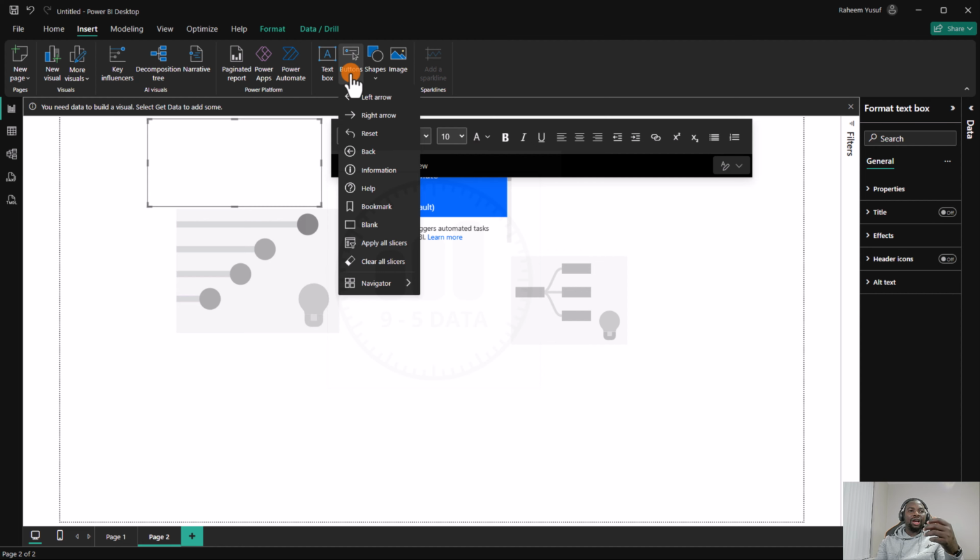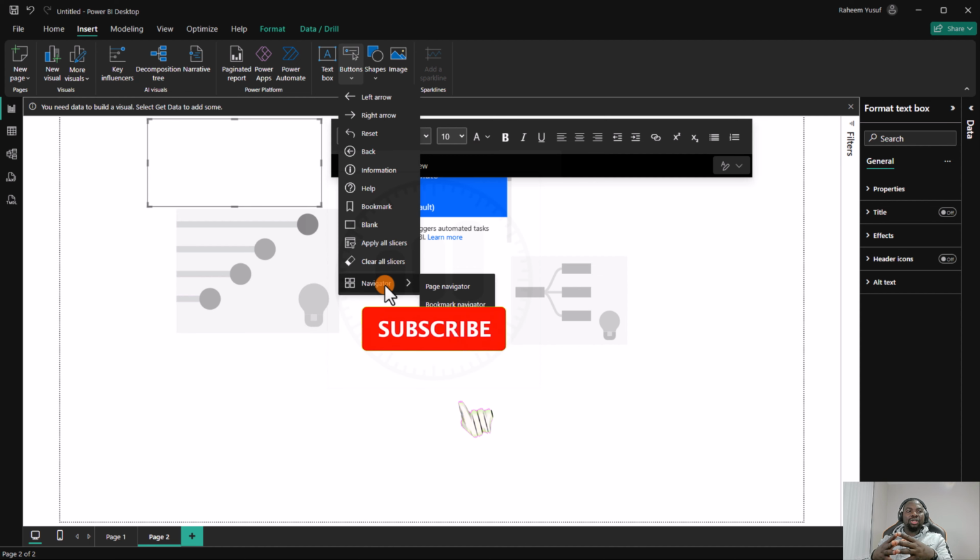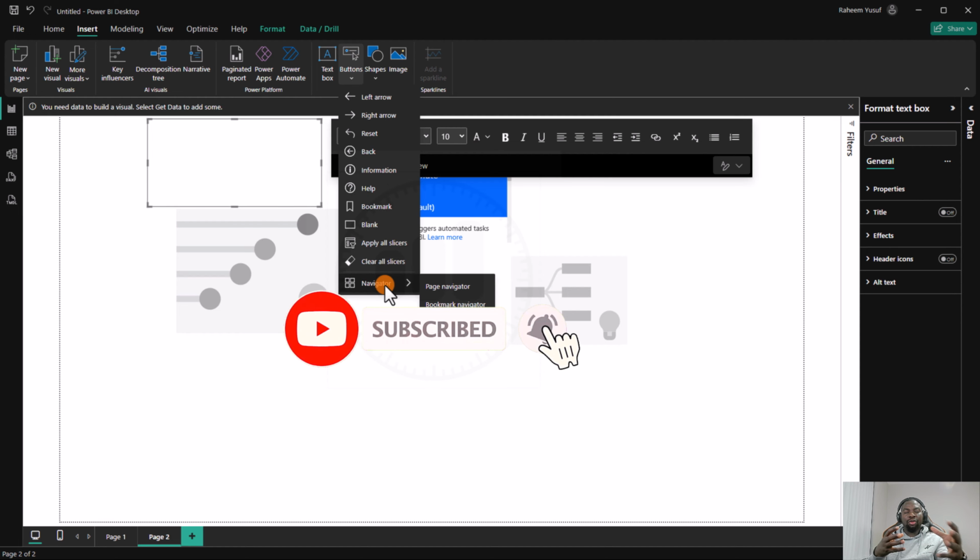Also, we have bookmarks, which is just like saving a particular view of your dashboard. We have apply all slicers, which we are also going to explain later. We also have the navigator, which is a way of bringing a page navigator or a bookmark navigator into our dashboard,